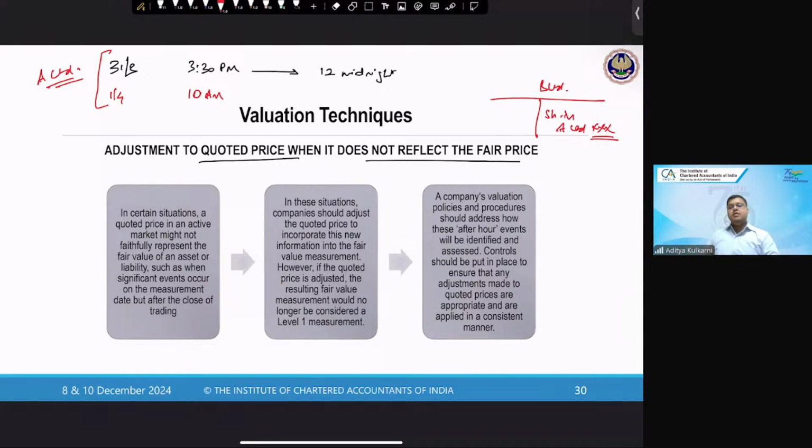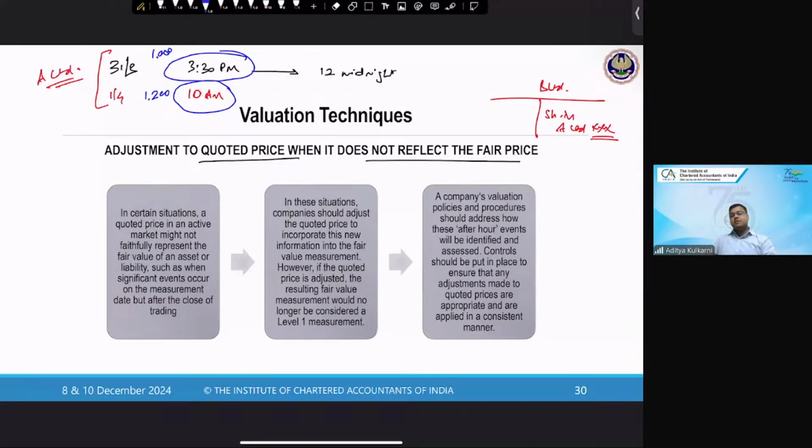There is no option. My question to you is, will the value at 3:30 p.m., which is a directly quoted price, be a fair value, or will the 10 a.m. valuation on 1st April become your fair value? Let us suppose this price is 1,000, and by virtue of the event, the price has risen to 1,200.